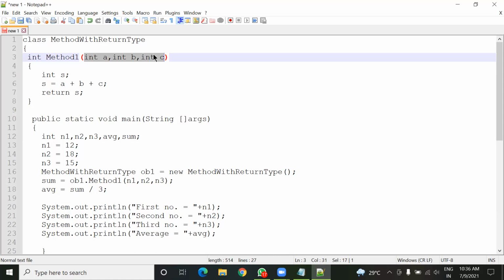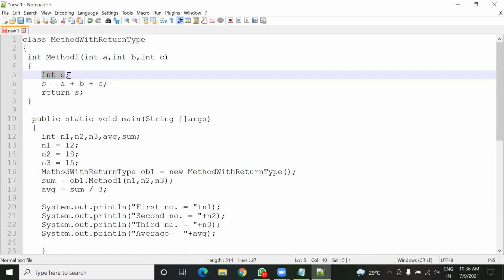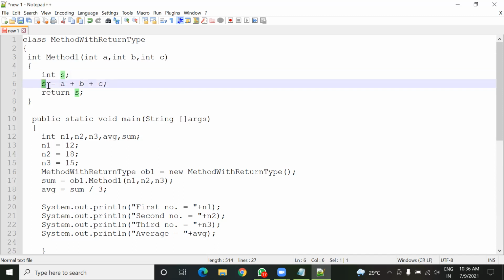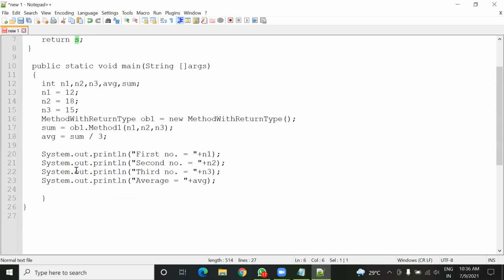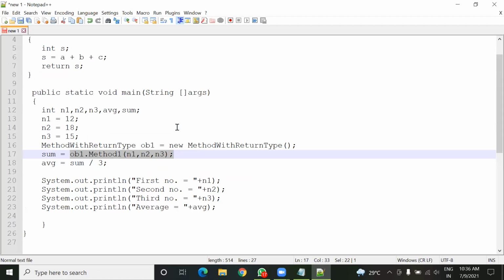So here I have declared the 4th variable named S to store the sum of these 3 variables, means A plus B plus C. The sum will be stored inside this S variable, and then I can return the value inside S to the place from where method 1 is called, means this place. Understood? Okay, sir. Yes, sir.